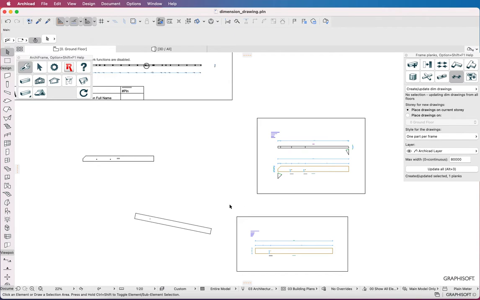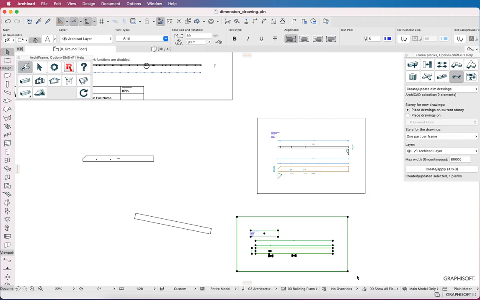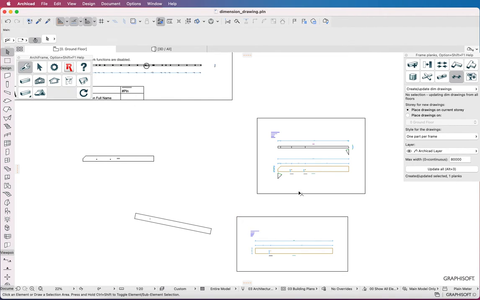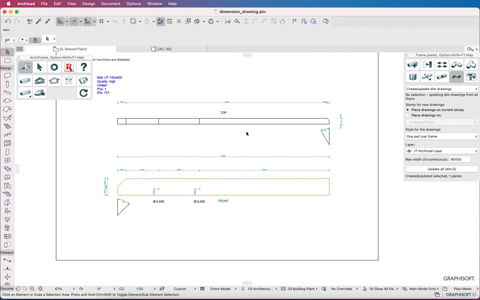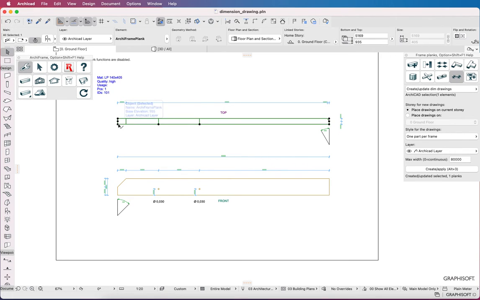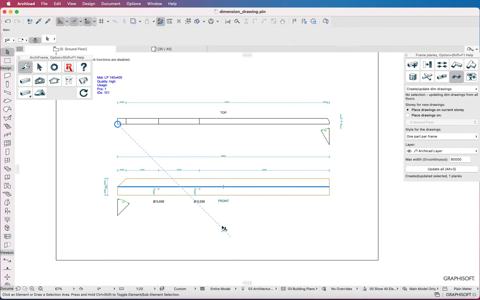This second drawing is still quite simple. It has only one projection. Why do we have more in the first drawing? It's because the machinings on the bigger plank are on different sides and they cannot be shown on one projection. The Archiframe add-on will examine the plank and it will show the required sides and projections.